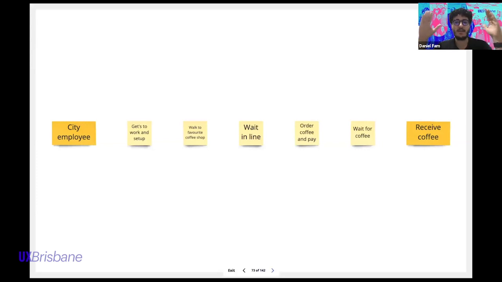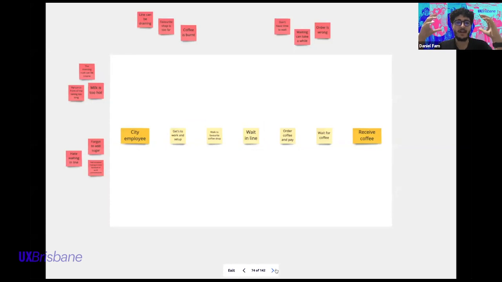The next step is, during that journey, how do we identify as many pain points as we can? Individually, and this is what Hunt was talking about with convergent and divergent thinking, outside the board that you're working on online, in say 5 minutes, you write down as many pain points as you can think of. Everyone will go up and write their own pain points of what bothers them. Then we'll start linking them to the part of the journey they're related to. We'll do it the same way Hunt mentioned before, where one person will drag one post-it in, and whoever has similar themes or similar post-its will start bundling or clustering them together.